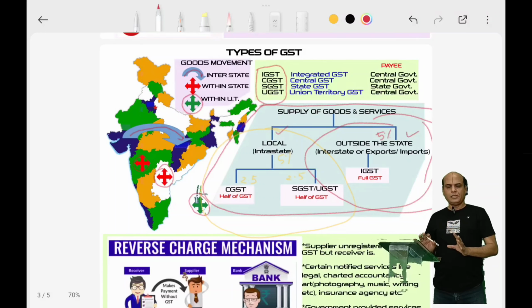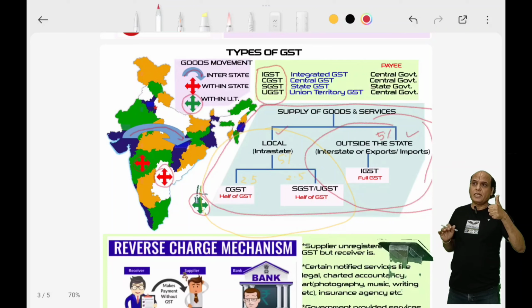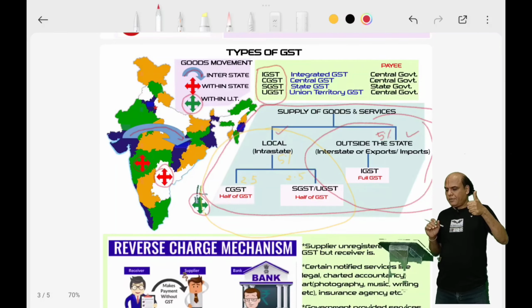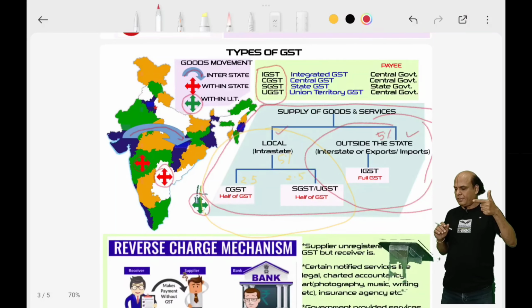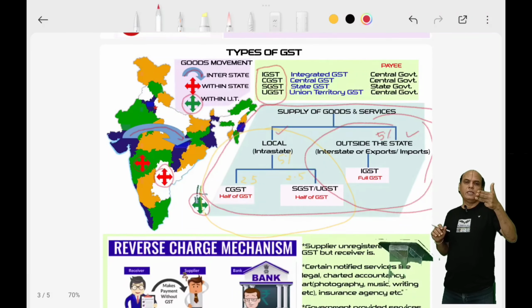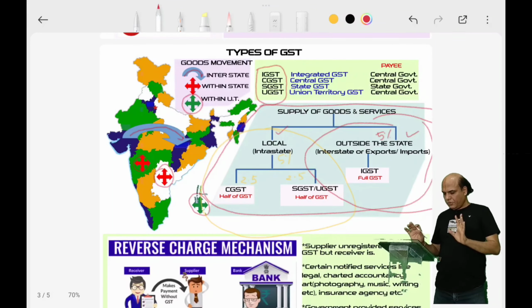What you need to remember is IGST is integrated goods and services tax. In multiple choice, they might ask you what does IGST stand for? It is integrated or interstate, so you will get confused. So you should be conscious about the terms. Integrated goods and services tax. CGST, central goods and services tax. SGST, state goods and services tax. UGST, union territory. It is also called UTGST, union territory GST. Sometimes it is called UGST, union territory GST again. Okay. So far so clear.